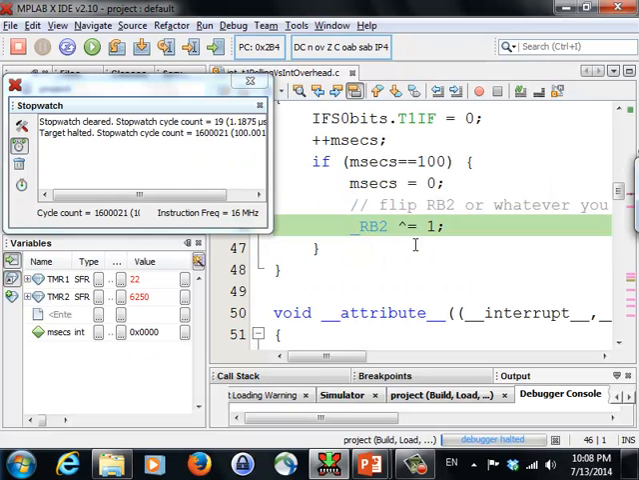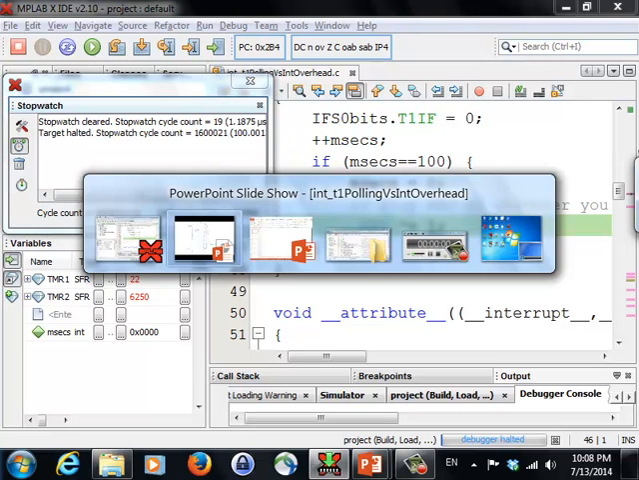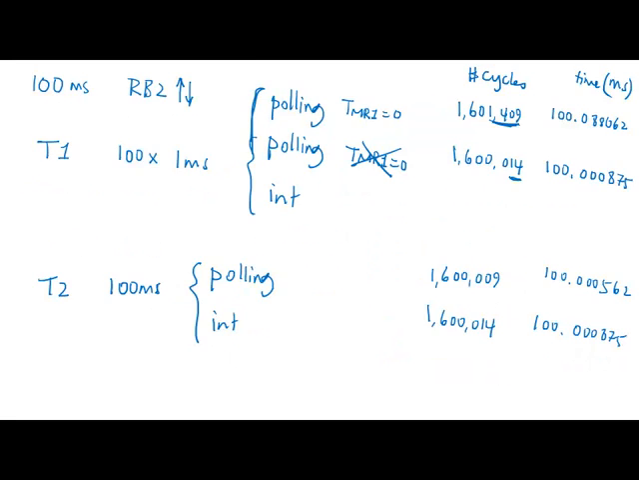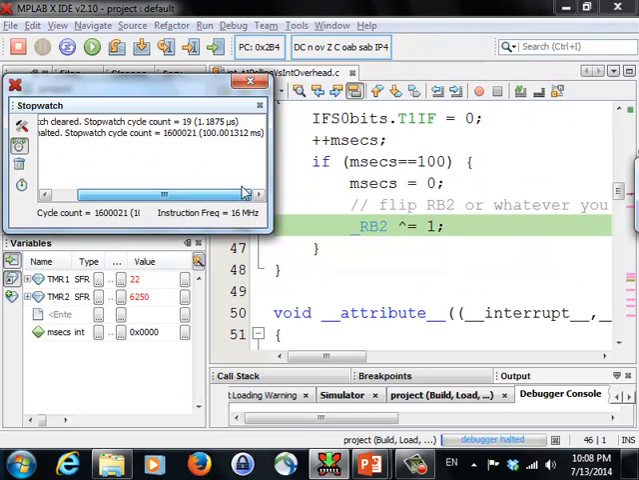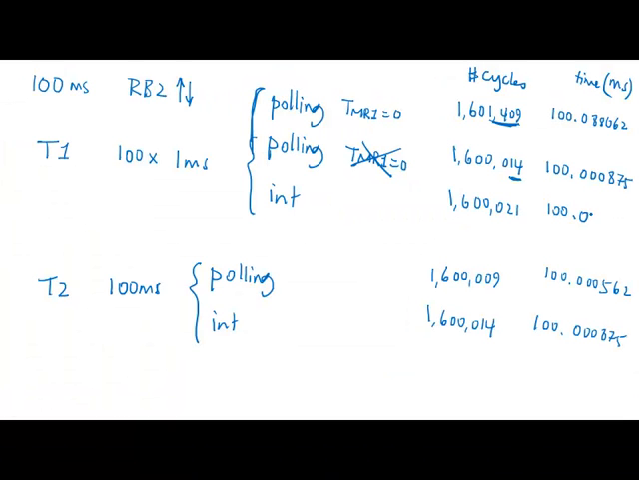And you can see that in fact the overhead is 16,00021 with timer 1 interrupt. So 16,00021, which is 100.01312. So 001312. Okay, so you can see that in terms of the overheads, in each case, your interrupt has more overhead